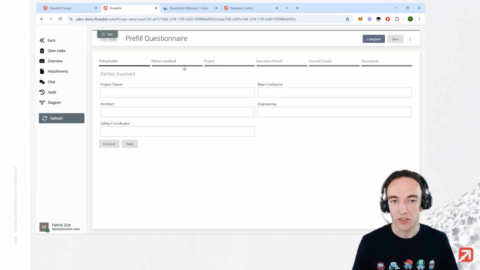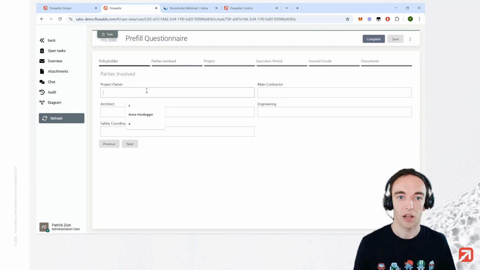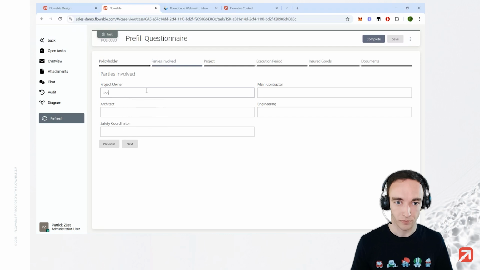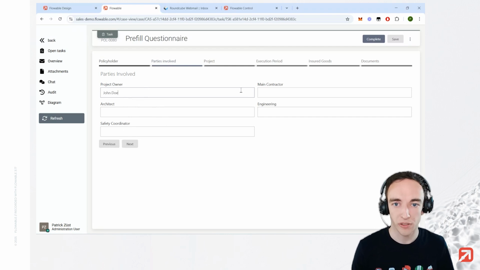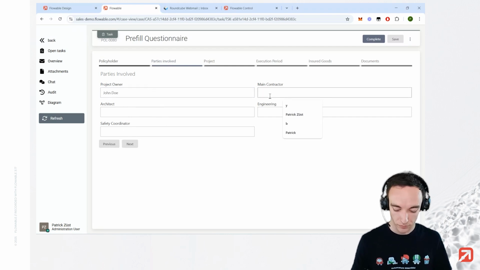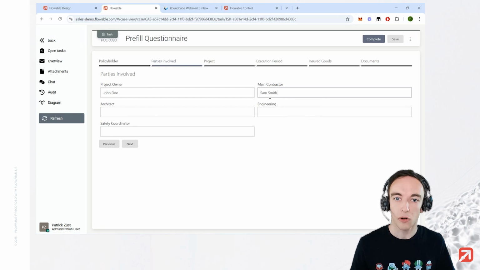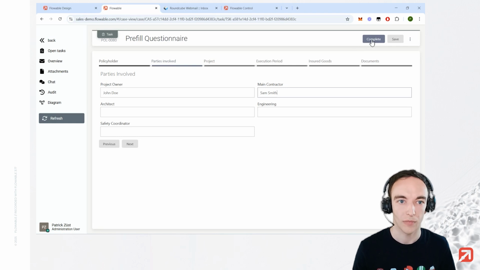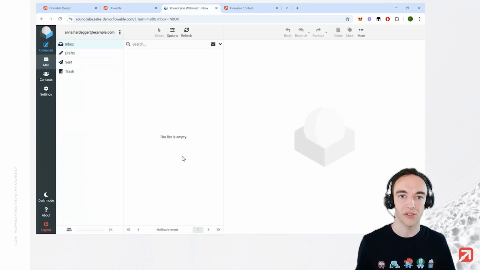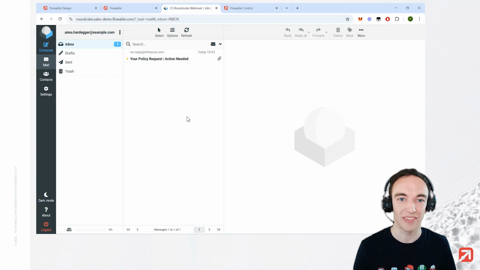If we know that this specific customer always works with the same project owners and main contractors, we can already fill that in. And we can complete this first user task where we have to pre-fill the questionnaire. If we complete that, we will see that this automatically generates an email in the inbox of our customer, Anna